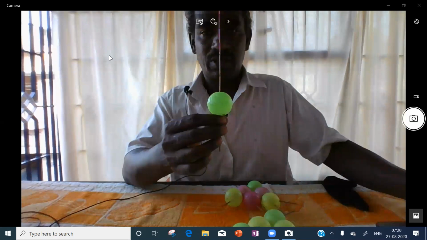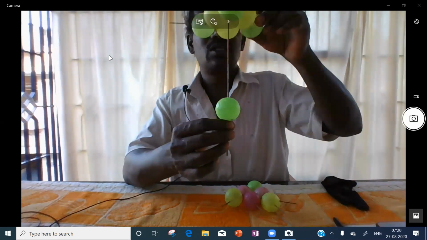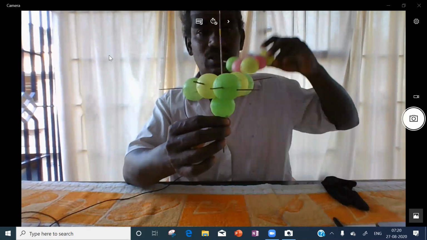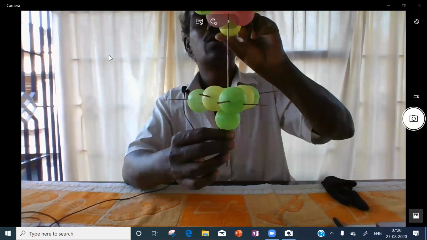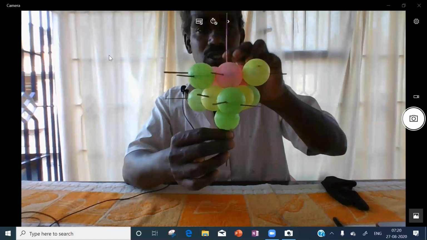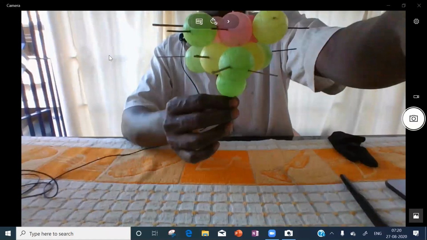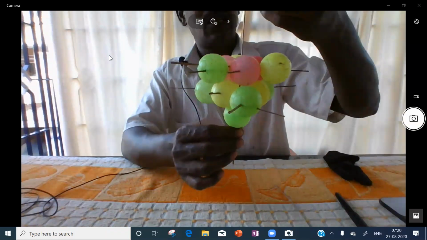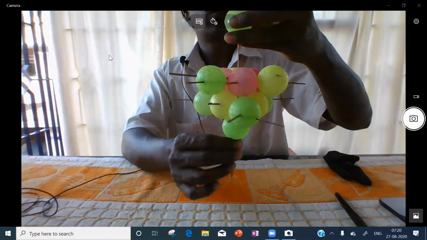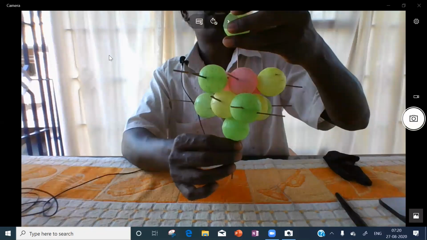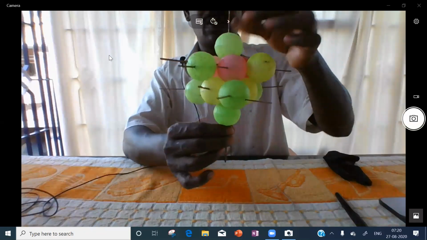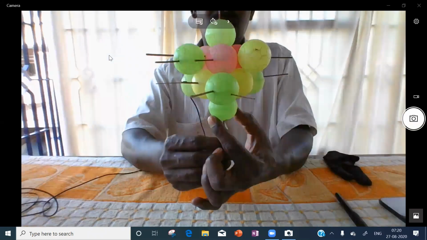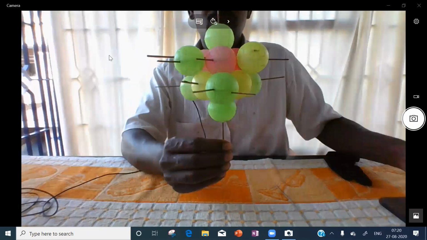We can say this is a second layer. Second layer we arrange. This is the third layer we are arranging. Now we will go for a fourth layer. This is the fourth layer. 4 layers we arrange. Now this is a first layer corner. So first layer corner we said.